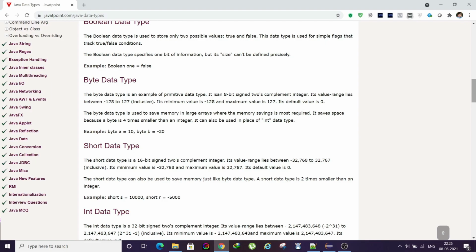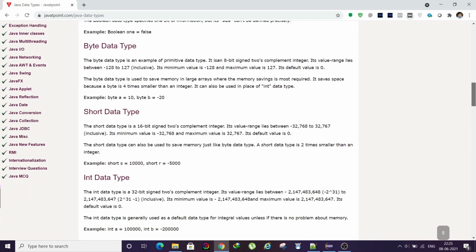Byte is the smallest number data type that exists in Java. This is useful whenever you want to program code which has a restriction of less space. At that time you can use this byte data type. Next we have the short data type.